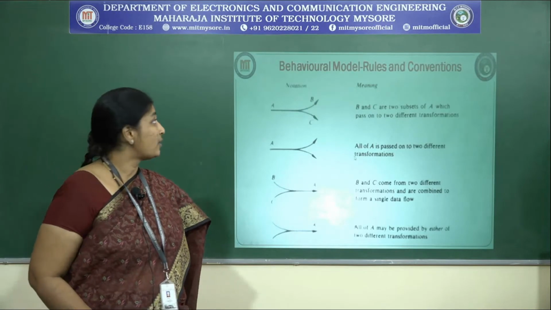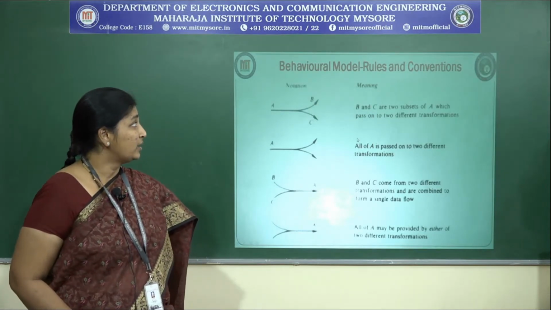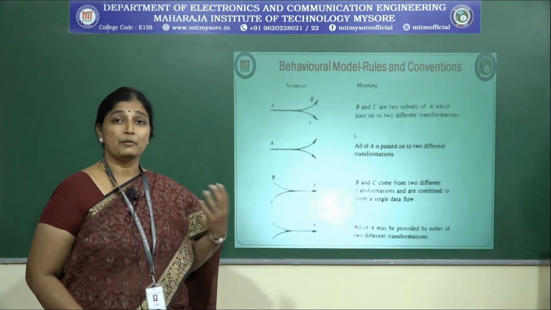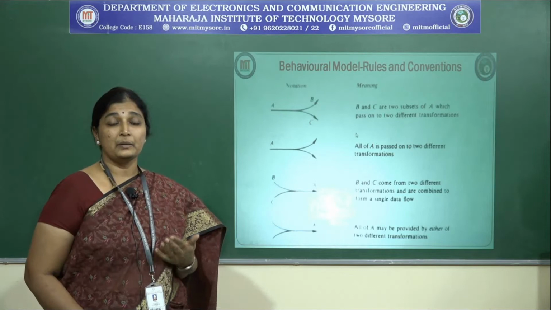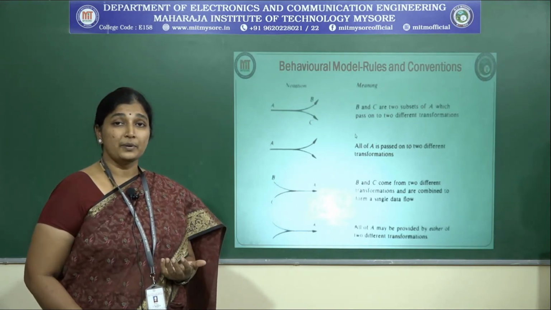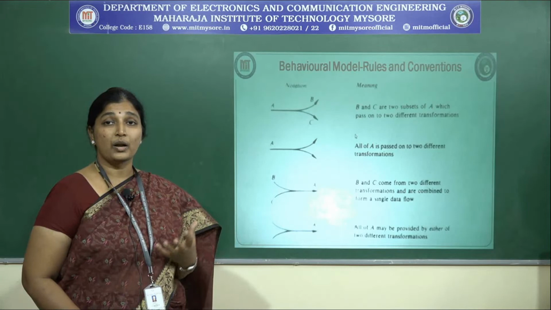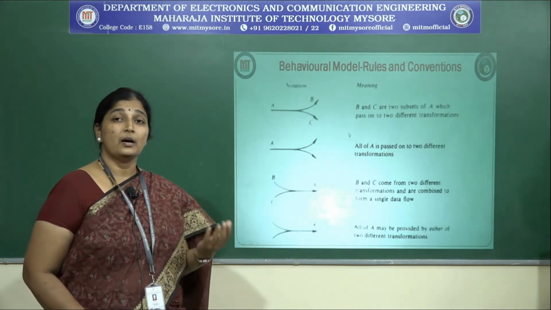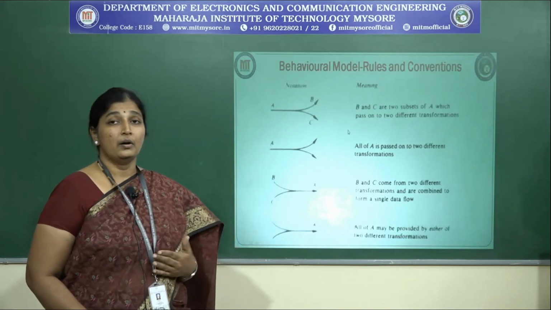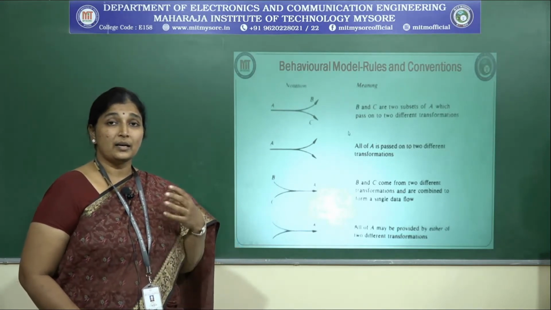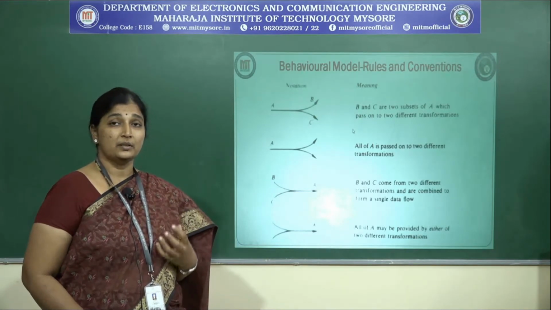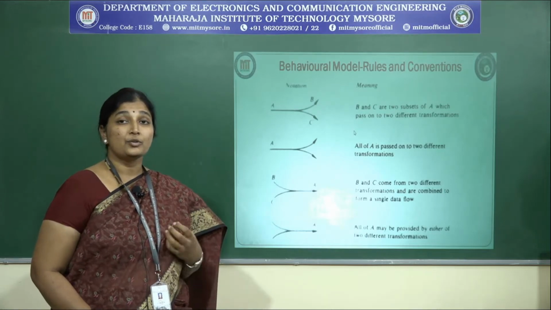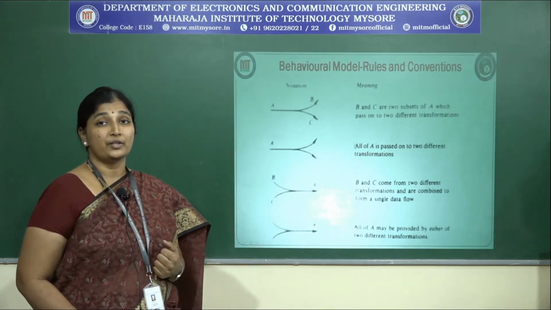So now we have what is called the behavioral model, rules and conventions. The name itself indicates what we mean by transformation: it transforms one form to another form. In the previous class we gave an example of how a continuous signal is broken down into discrete, and with the help of a transducer we could change the discrete back to continuous, correct? So there is a kind of transformation happening within a cycle. There are multiple activities happening within a cycle, right? So to know that, we need to have certain conventions, right?